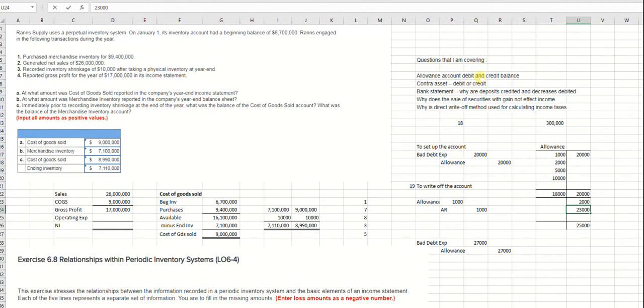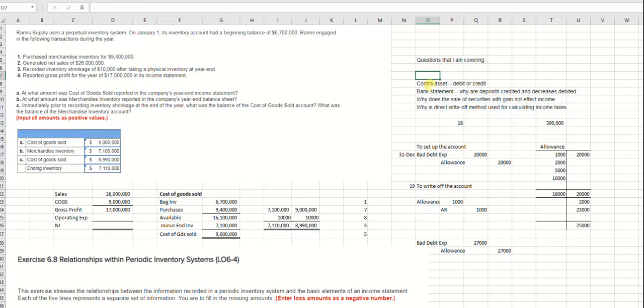Allowance for debit and credit. Will it ever have a debit balance? Only temporarily. It always has a credit balance after I get done doing this entry. But this entry is generally only done on December 31st. Okay, so if before December 31st I had more write-offs than I estimated, it will have a debit balance and I need to make my journal entry bigger. Okay, so I'm going to call that one good. Hopefully that answered that.